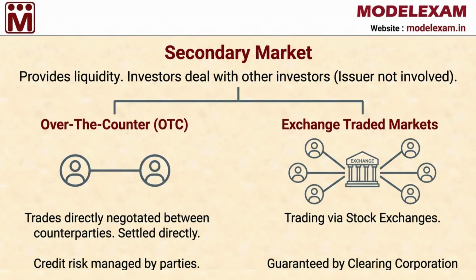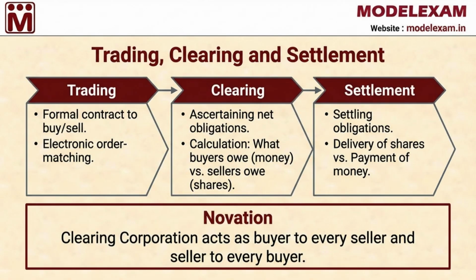First, we have the over-the-counter market or OTC, where trades are directly negotiated and settled between two parties. Second, we have exchange traded markets, where trading happens through stock exchanges and a clearing corporation guarantees the settlement of the trades. When you buy or sell a share on an exchange, a specific process takes place involving 3 steps: